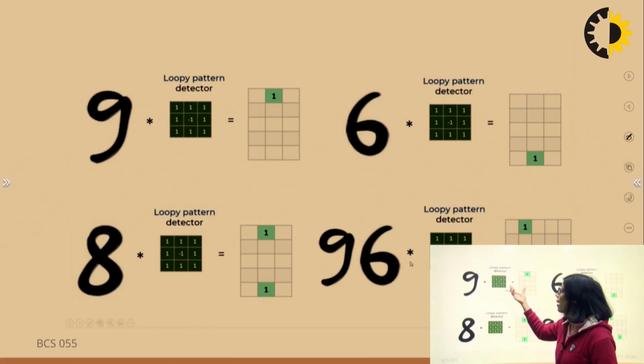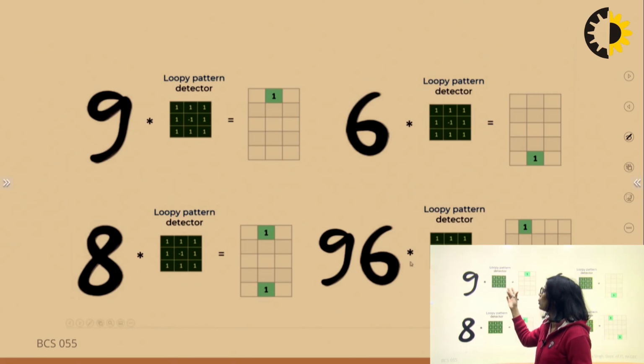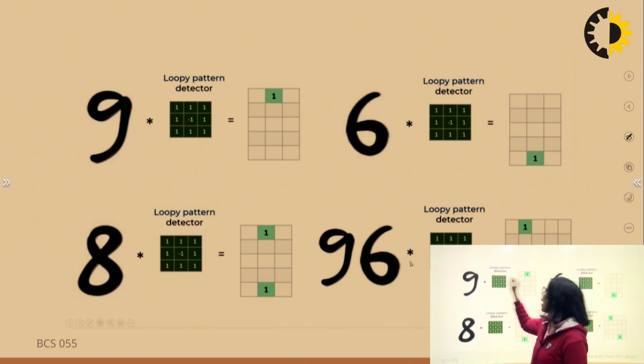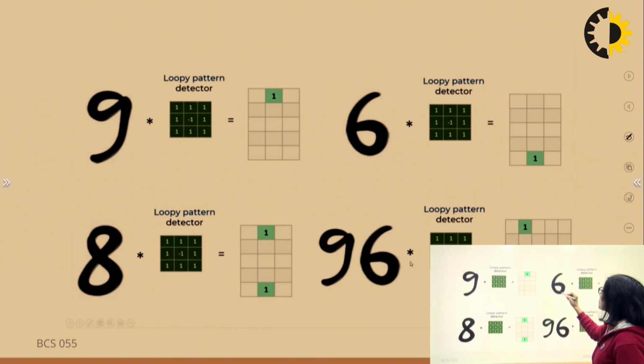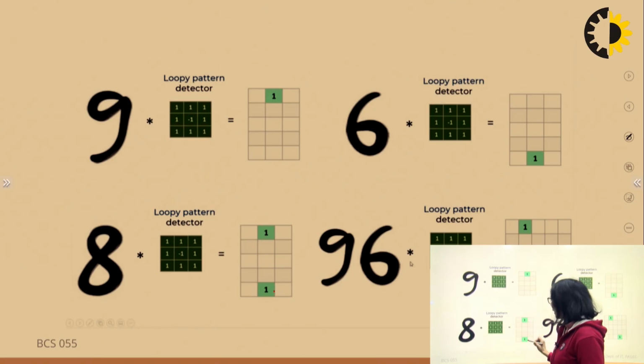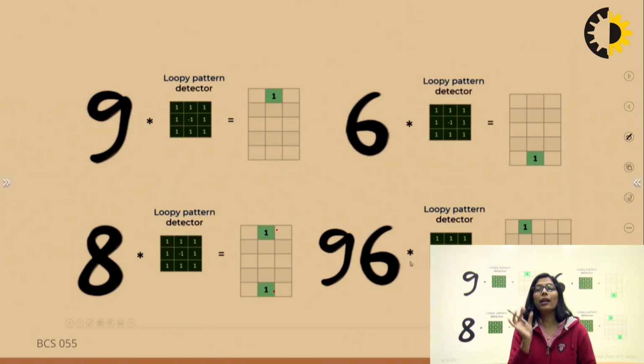If I apply my loopy pattern detector on this image, I will get 1 over here, right? Wherever a loop is present, I will get 1. Here the loop is present at the top, so I will get 1 over here. Here the loop is present at the bottom, so I will get 1 here. If the loop is present at 2 points, I will get 1 twice. This is how we get to know where that